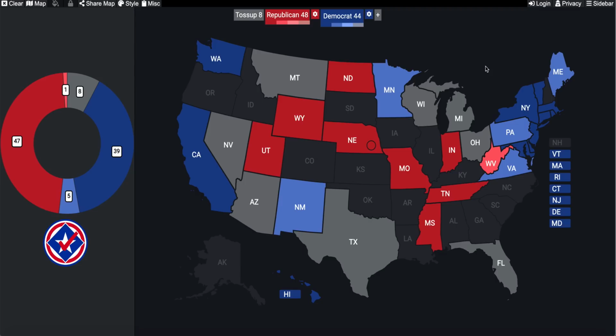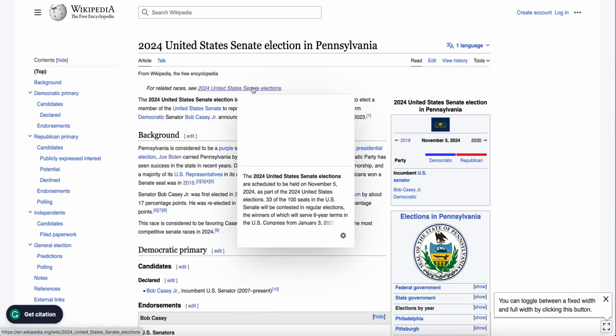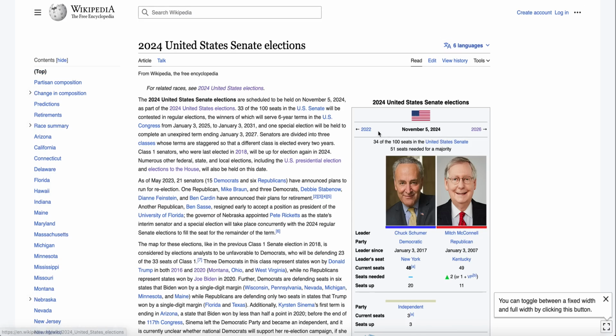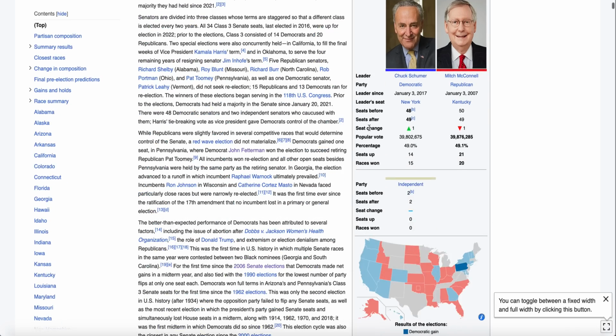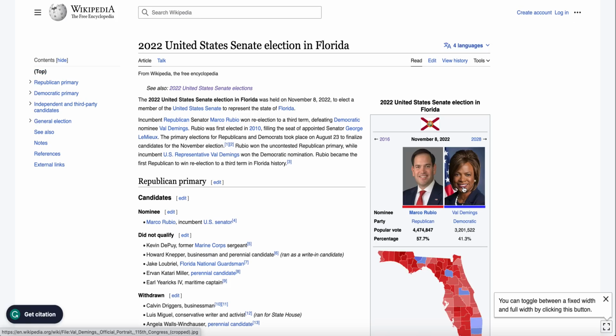The Republicans, though, I also think will have a likely characterization out of the state of Florida. This is a state where I think it could go from likely to safe, but I don't think Democrats really have much of a fighting chance against Rick Scott. What the recent elections have shown me is that the state of Florida is a very strong one for the GOP. I think many of us expected Florida to be a state that Ron DeSantis and Marco Rubio were going to win, but nobody could have foreseen, maybe somebody, but most people did not foresee a 20-point victory in the governor's race and a 16-point victory in the Senate race.